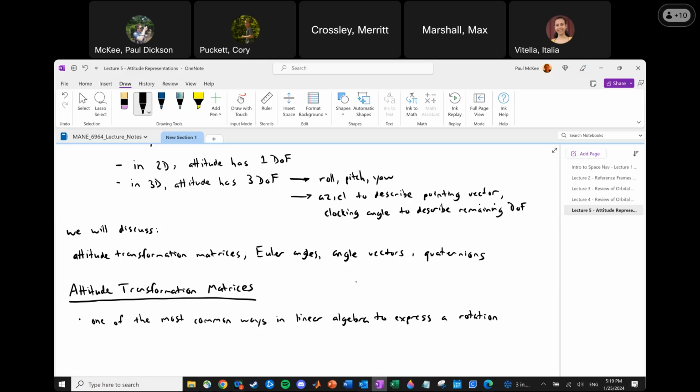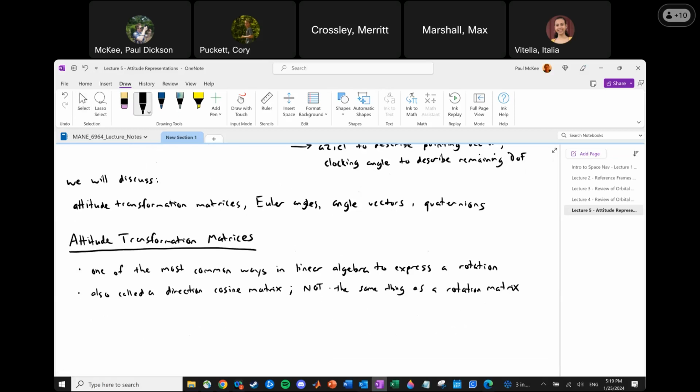It is also called a direction cosine matrix, and not the same thing as a rotation matrix. There we go. An attitude transformation matrix is, in 3D space,